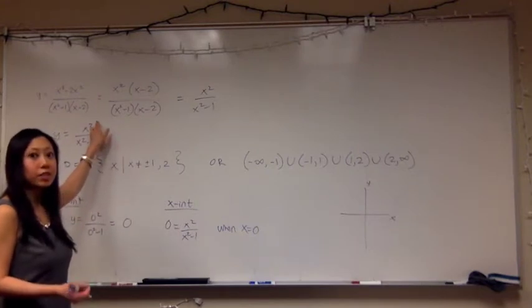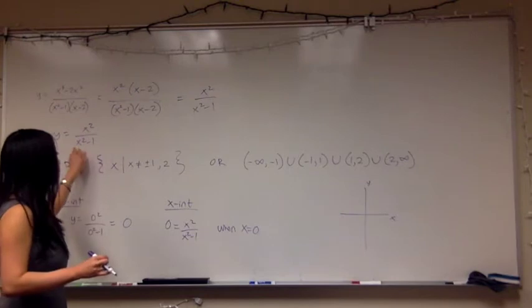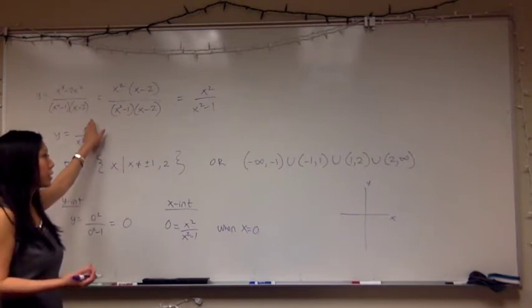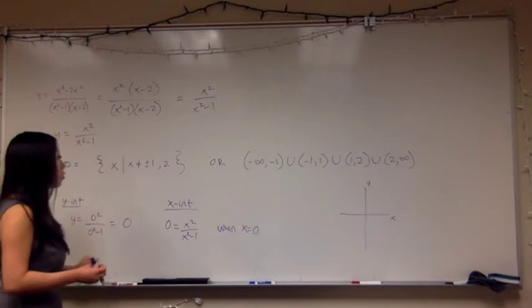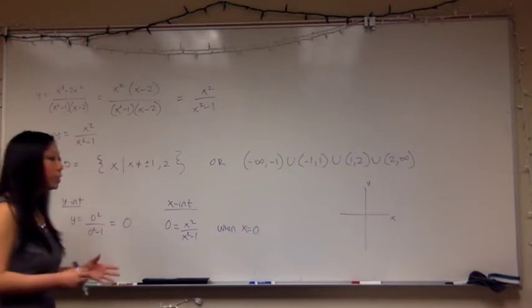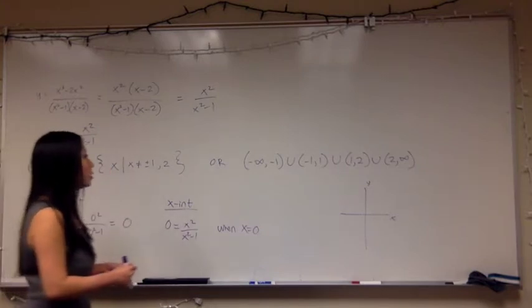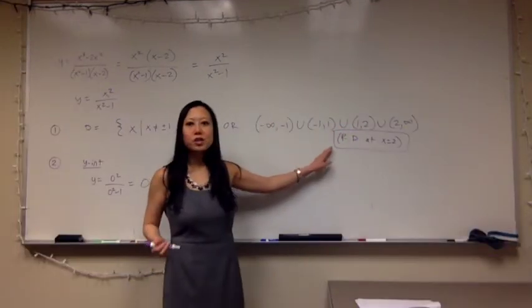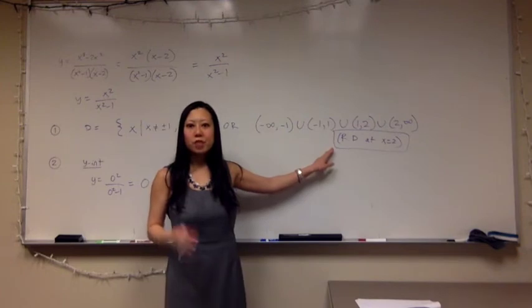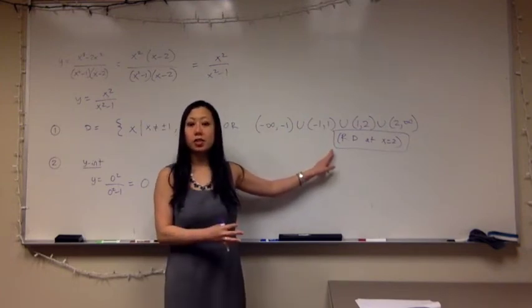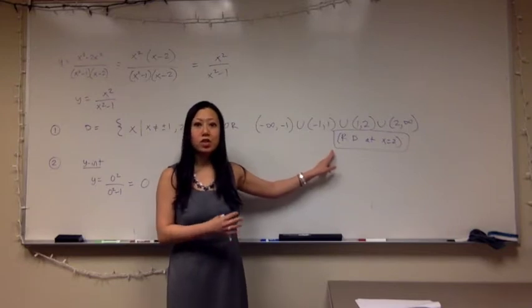That's the only difference. So while we work through these problems, we're going to work with a simplified function, but remembering that we have this removable discontinuity. So maybe I'll write somewhere here that we have a removable discontinuity. That way, at the end when we graph it, we don't forget to actually graph it. Okay, so I'll just write it here in my domain, just so I remember that I have it on the page, that when I graph it, I'll remember to look back and I'll know to actually remove that point at